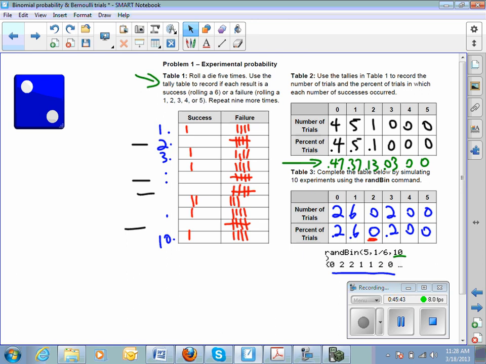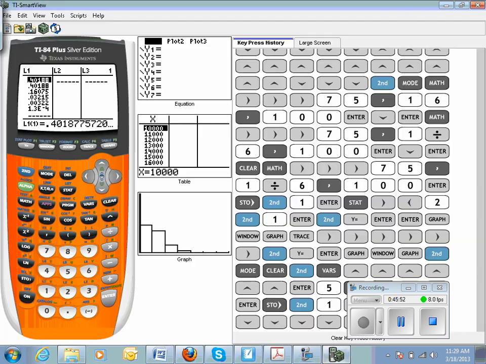Okay, so you can enter the formula on your calculator that we were using, the one that we developed, and you'll see where these answers came from. If I want the probability of 0 successes, I could do 5 choose 0, which is 1, times (1/6) to the 0, which is 1, times (5/6) to the 5th, which is 0.4018. So that's where this came from. All right. We'll continue this tomorrow, and we'll go over homework tomorrow.